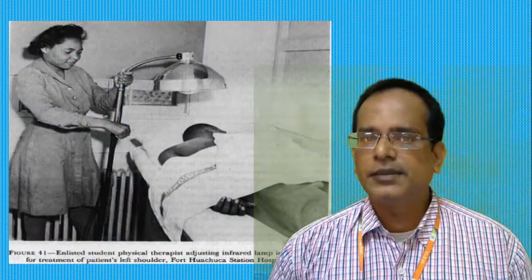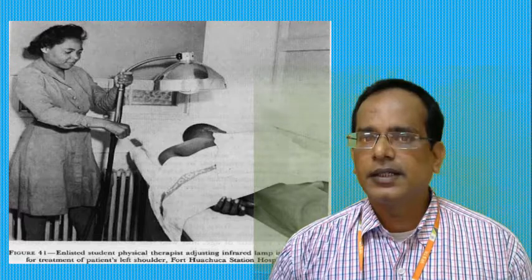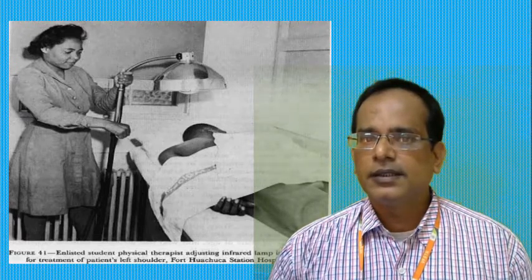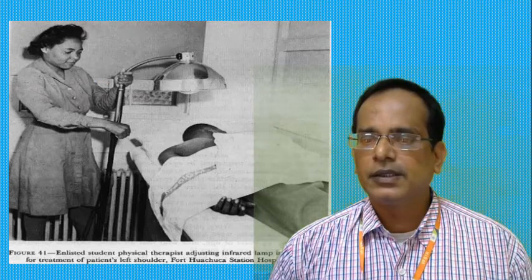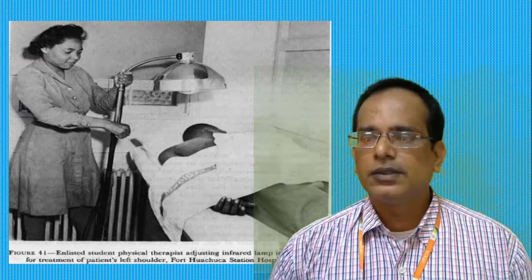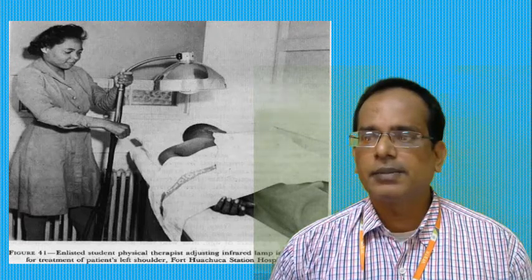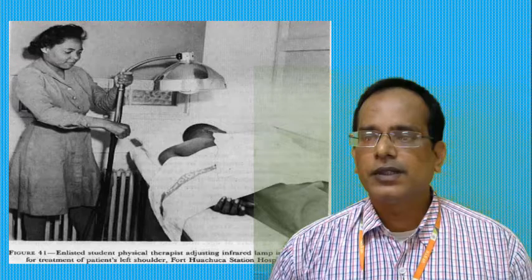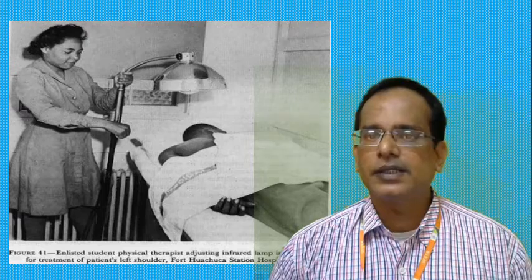Now you are seeing in the diagram a lady giving luminous generator treatment, focused on the patient's body in order to relieve pain. We will see one by one what the information is: what the apparatus is, how they arrange the lamp and the patient, what instructions they have to follow, what the termination is, and what the dosage level is. All that you are going to learn now. First we will discuss the apparatus.